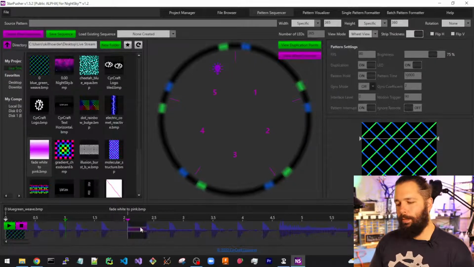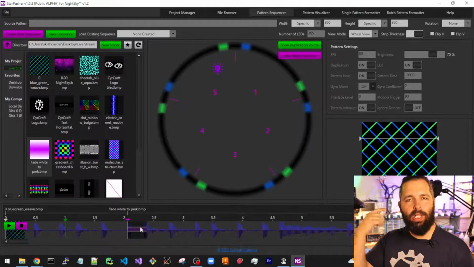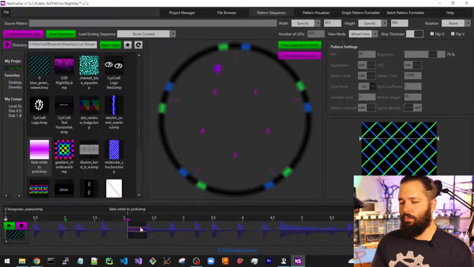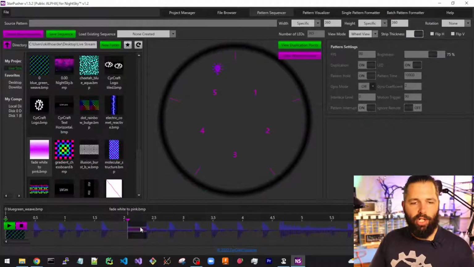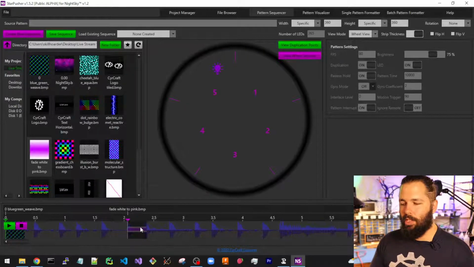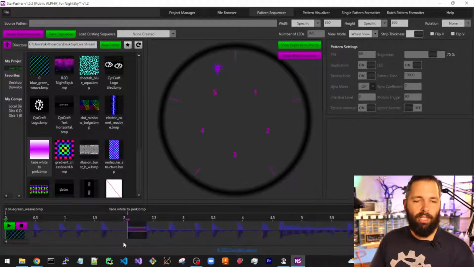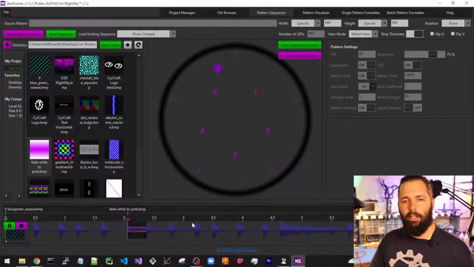If the pattern comes in a little bit earlier, it's less jarring to the eye than if you hear the beat change or whatever event in the song you want to be associated with a visual change. It seems to make more sense if the image comes in first and then the audio comes in. To me anyways. Maybe I'm totally wrong about that. Maybe other people feel different, but